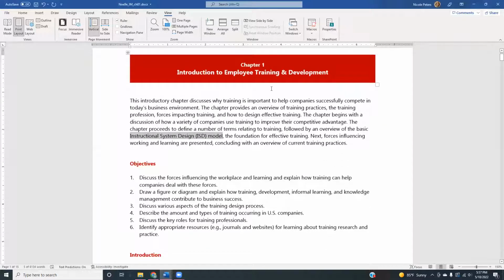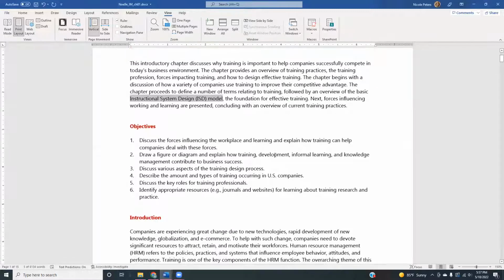In addition to the introduction part of the chapter, I always encourage my students to take a look at the learning objectives. These learning objectives are created for a purpose. It kind of gives you a preview of what you're about to learn, kind of gives you a summary. And so I always feel like it's a good idea. I know some students just skip that and go right into the meat of the book. But you know what, if you take a minute or two, and it really just takes a minute or two to look at these objectives, it puts your mind in a place to know what it's